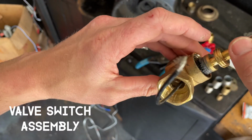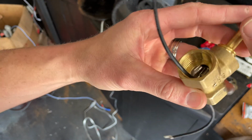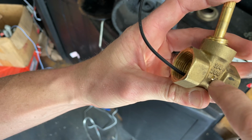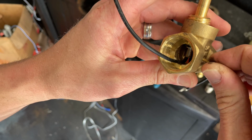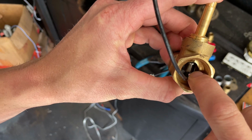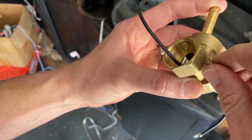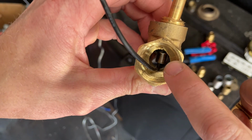So with the switch here in this valve, you can see where I've got it glued together with JB Weld, and I've set it in here. I've got the wires going out both sides. If I don't put this set screw in here, it's going to spin too freely. So I drilled the hole right here. I've got this little flathead screw that's going to go in place, and then I'm going to screw it down, but I'm also going to need to put a little hole in the threads of the switch. So I'm going to follow my same hole right here with a drill bit, drill just enough into the switch, and then I'm going to use